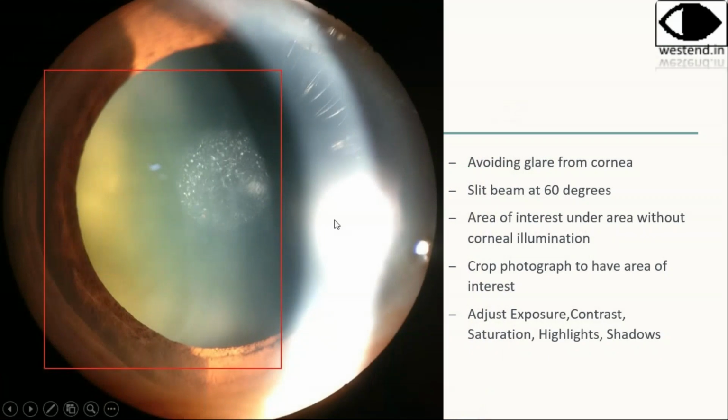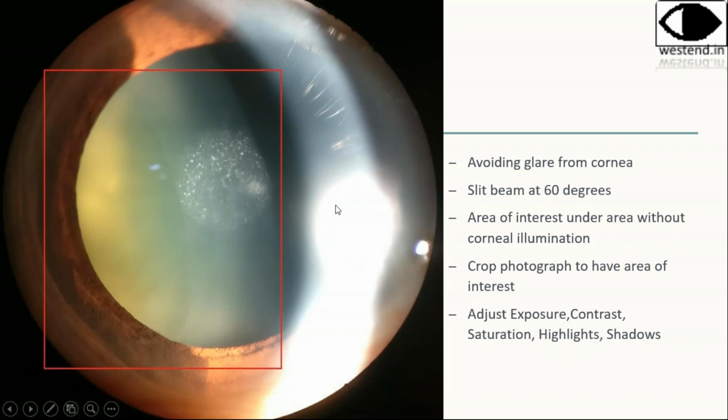And also, when you have a photograph, you need to always choose what your area of interest is. In this particular photograph, this sort of calcification on the anterior capsule was my area of interest. So I have put the slit out of my field of image.